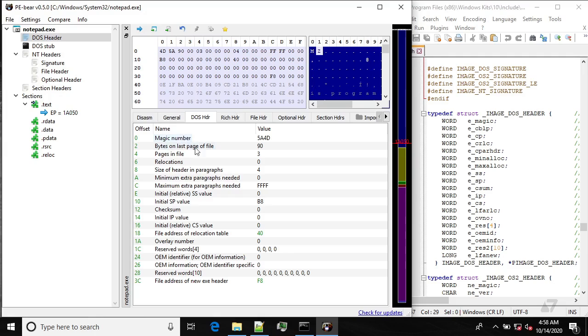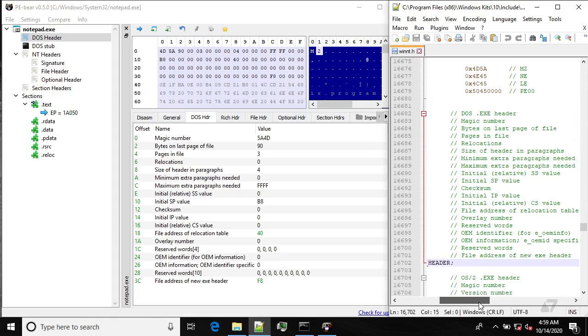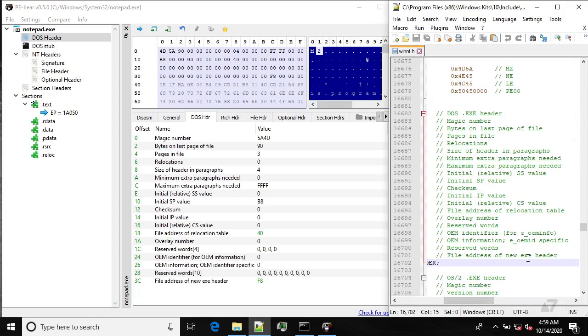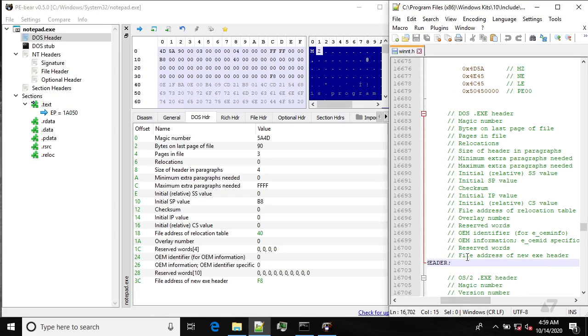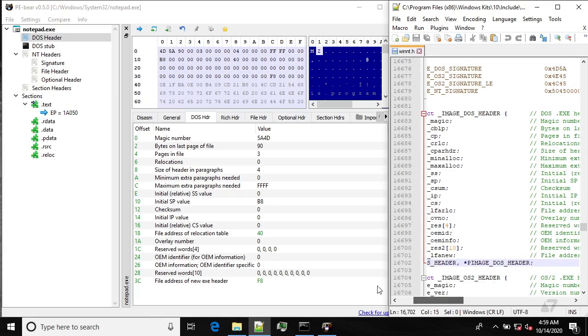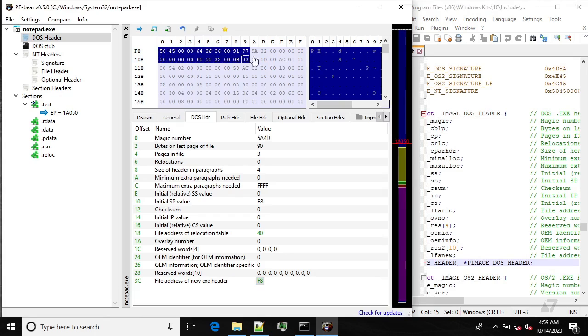So we have our magic number, and from the whole structure we need only one value, which is at the end of the structure, called e_lfanew, which is the file address of the new exe header. All right, file address. In other words, file pointer or raw address. Okay, so we can see it here. It's F8. If we follow it, we land in the PE header, which